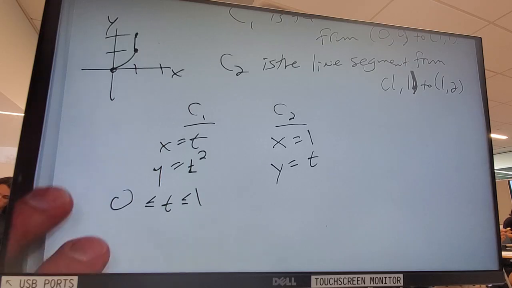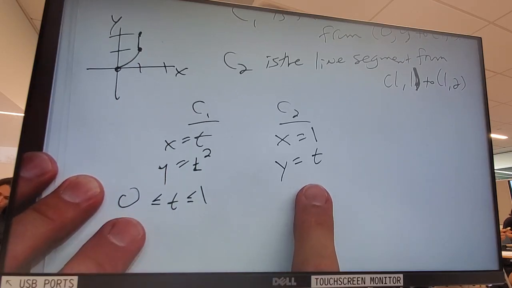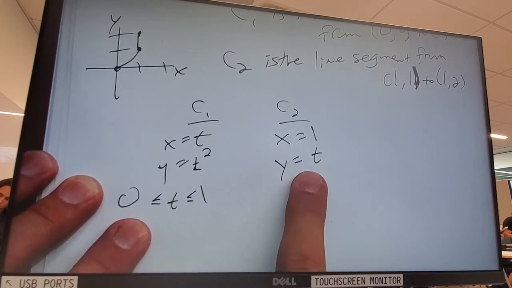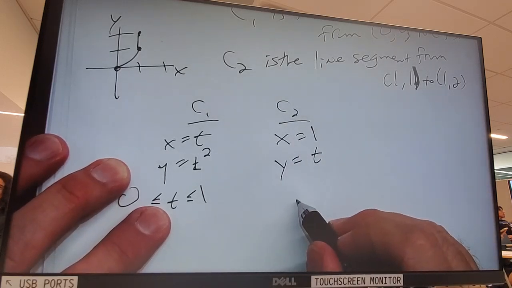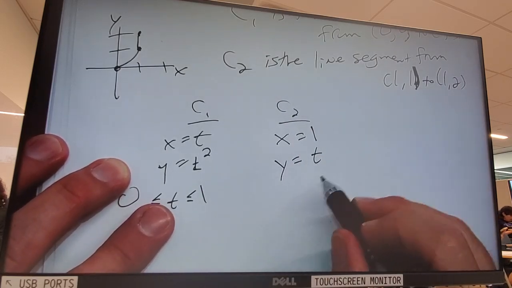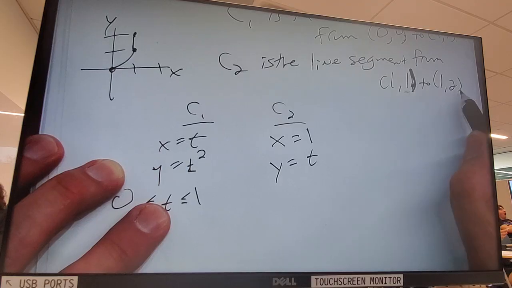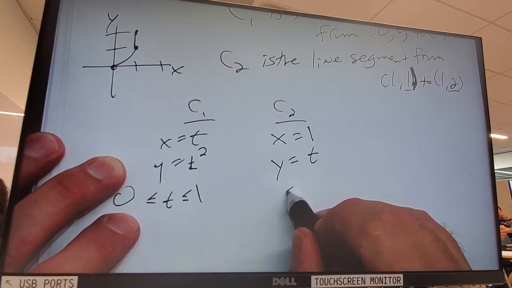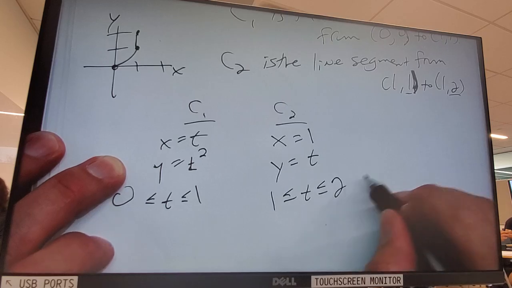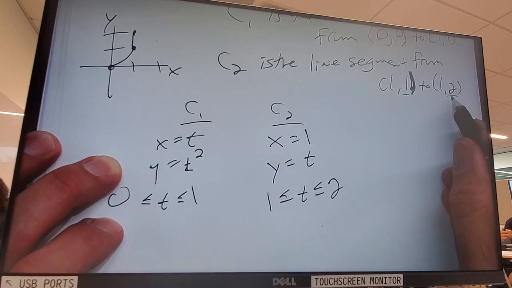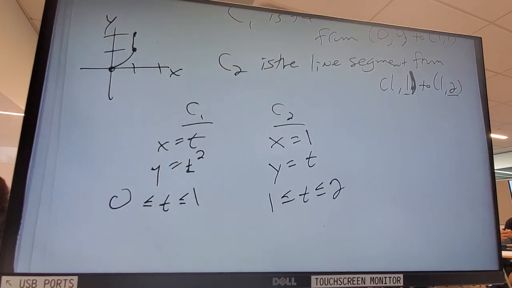Now, if you want to force the limits to be something else, then you do have to change what this is. But what I normally do is I set this up and then I figure out, as the next step, what my t limits have to be. So what very obviously do my t limits have to be? From 1 to what now? 2. To 2, because that's where I want to stop. Cool.